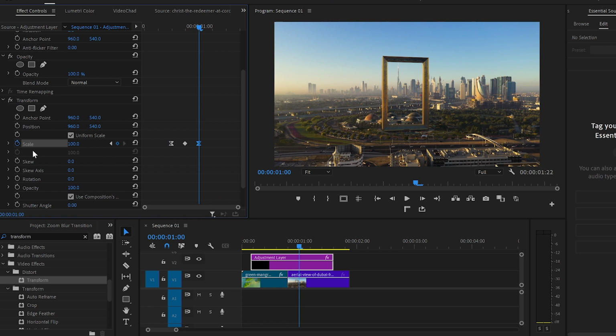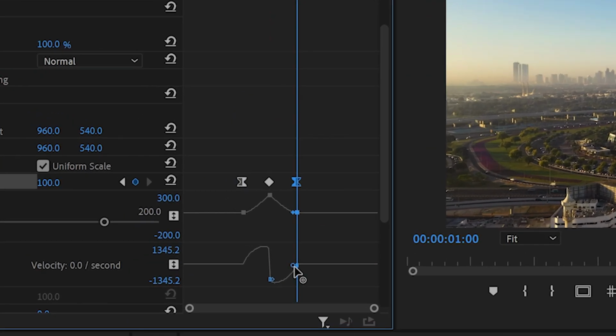And to make the animation even smoother, I will open the scale properties, and down from velocity you see those two little levers that we're gonna play around with. So I will select the second keyframe, or the last keyframe in this case, and drag the lever to the left until we get this little peak. Then I'll do the same with the first keyframe and drag it to the right until we get the same